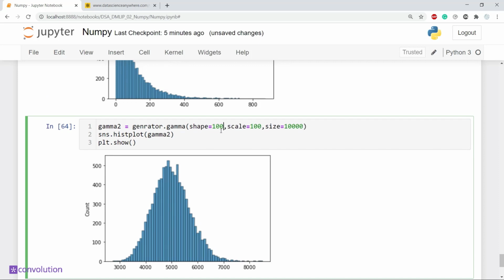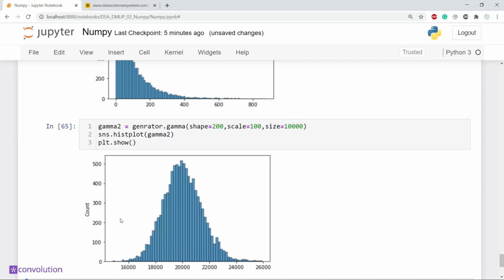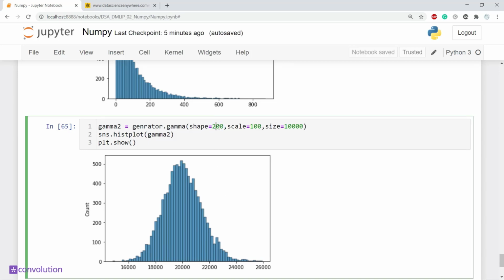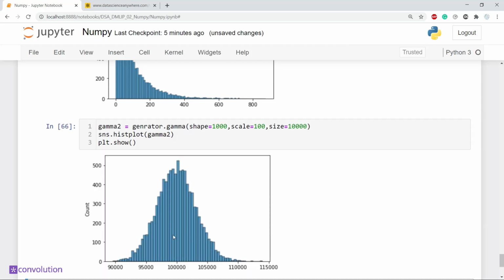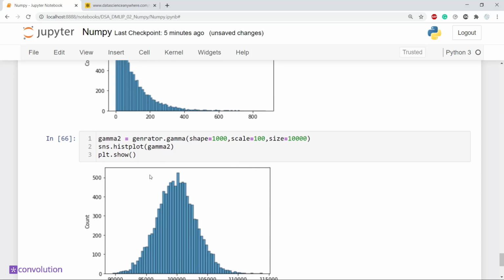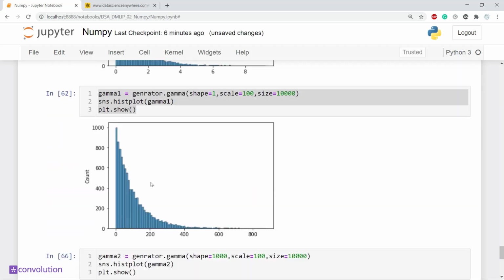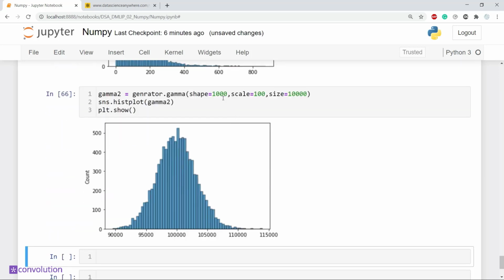Okay, so if it all increases to 200 here, what happens is that it equally gets shifted basically. Let me use 1000, and this is how it's more and more and more, it looks like a normal distribution. So that's what the gamma distribution is all about. In the next lecture we'll talk more about the